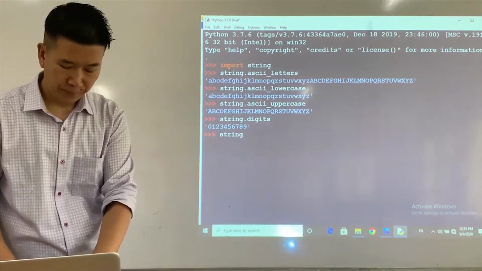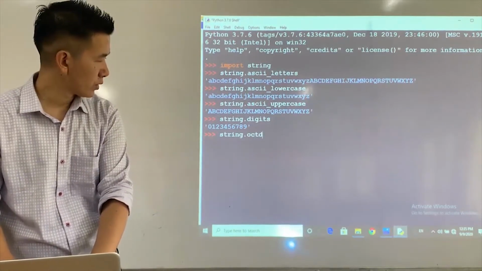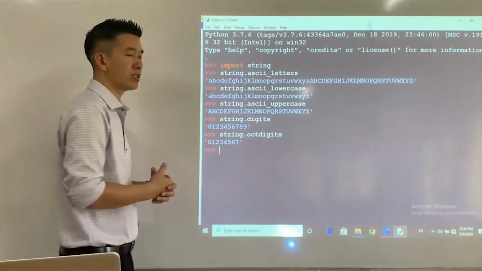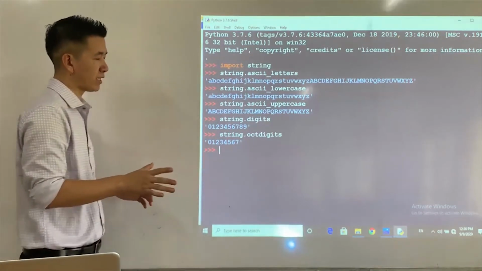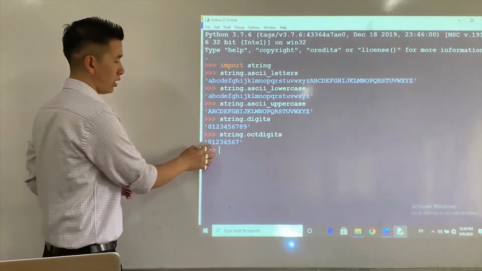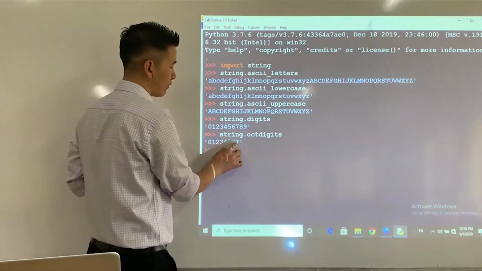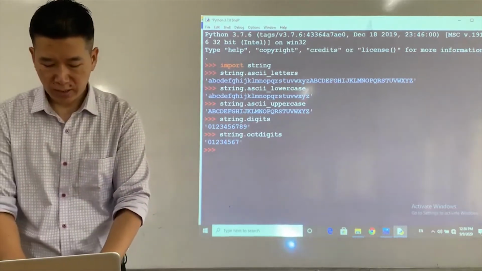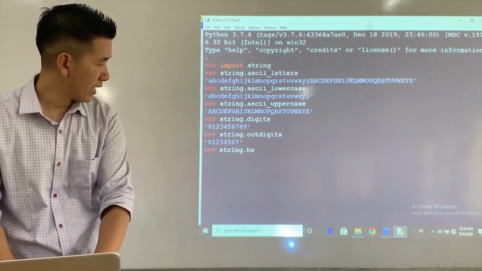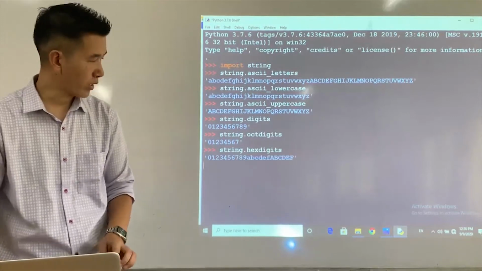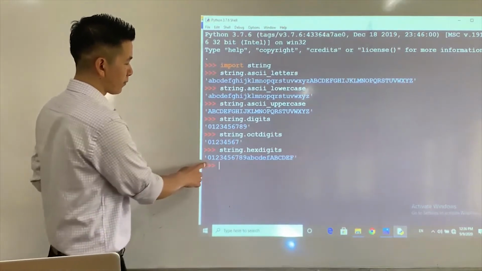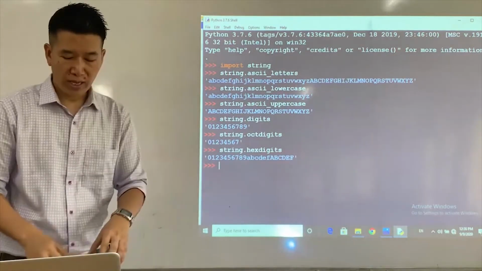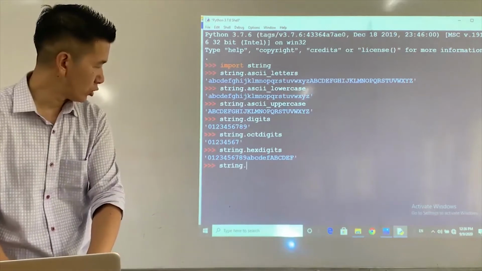And then likewise, you have octdigits. Octdigits means the octal numbers. Octal means 8, so there should be 8 digits, starting from 0 up to 7, 7 being the last octal digit. And then likewise, you could actually print the hexadecimal digits. When you press enter, you will get to see the first number as 0 and the last number as F. And then you have the punctuation also, string dot